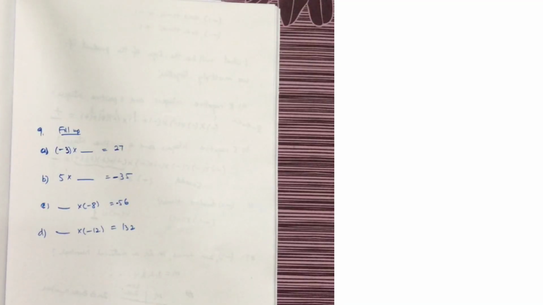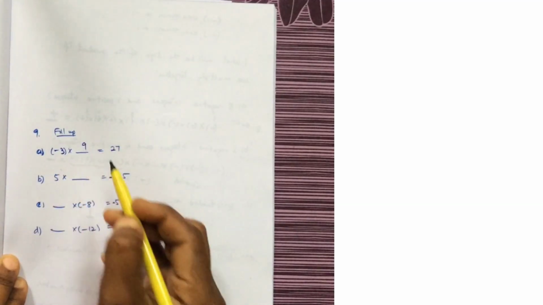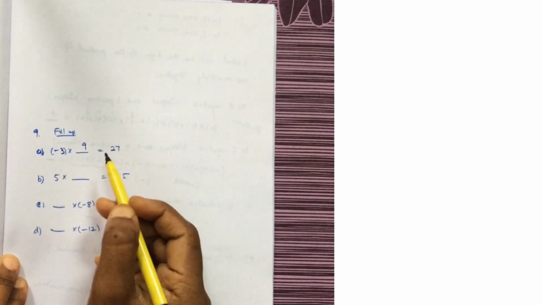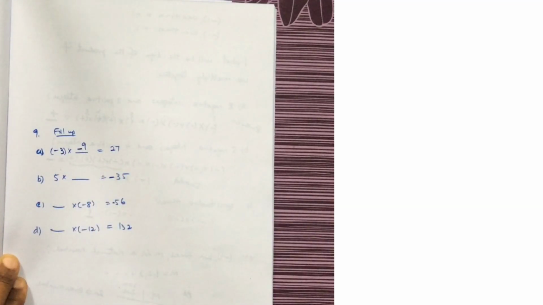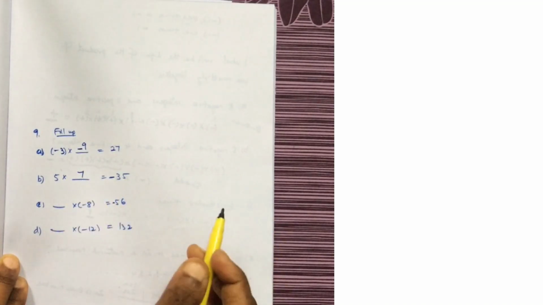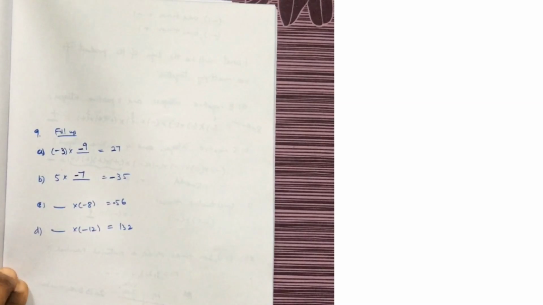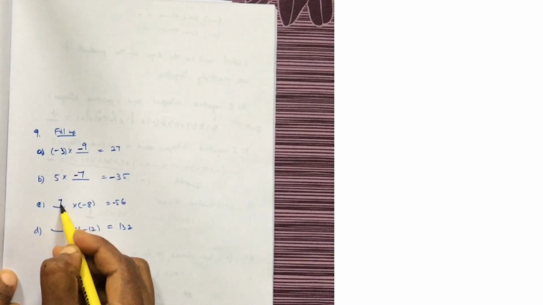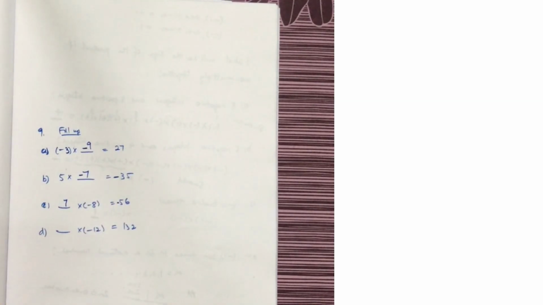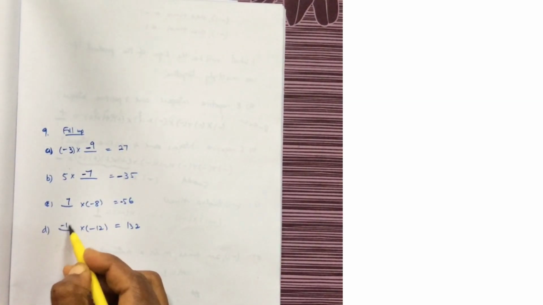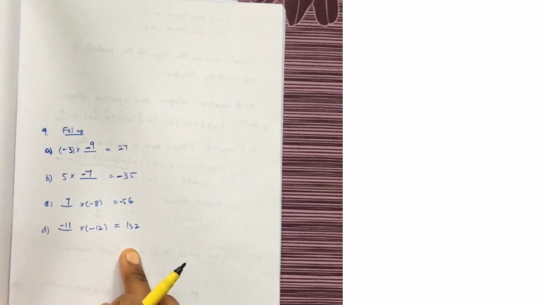The last problem is, here minus 3 should be multiplied by 9. Plus into minus will become minus, so I have to keep a minus here. This minus into minus becomes plus. Now I know 7 5s are 35, but here there is a minus sign, so I put a minus. Plus into minus, minus. So here I put a 7. 8 7s are 56. Plus into minus, minus. Here it is minus 11 multiplied by minus 12 is 132. Minus into minus becomes plus.